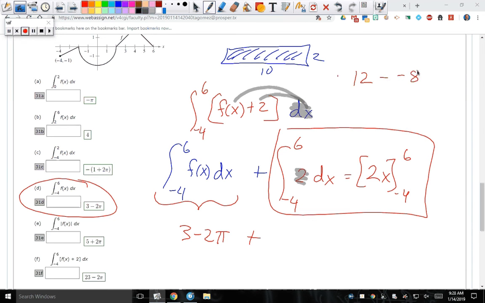So we get, in fact, this one would be 20. What I was telling you as far as the interpretation, depending on what these are as far as positive and negatives, can throw off as far as, are you just going to add 20, or does a displacement of some sort happen, or some pieces cancel out, vice versa. So this one I would just end up adding 20, so I get 23 minus 2 pi as my final